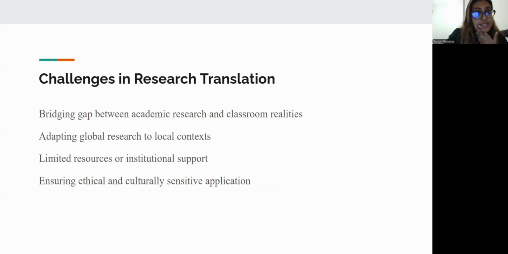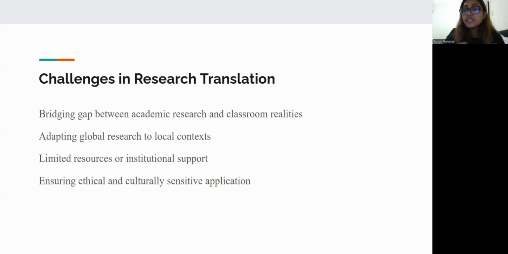Then I discussed the challenges in research translation. Translating research into practice is not straightforward. Teachers often face challenges such as limited resources, time constraints, and the gap between research settings and real classroom problems.